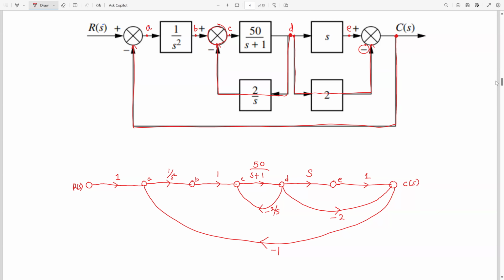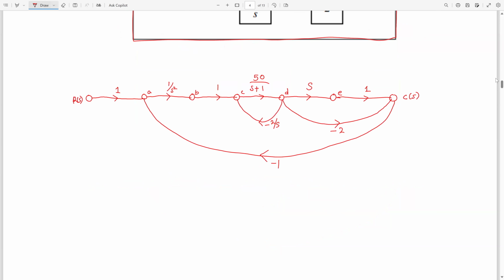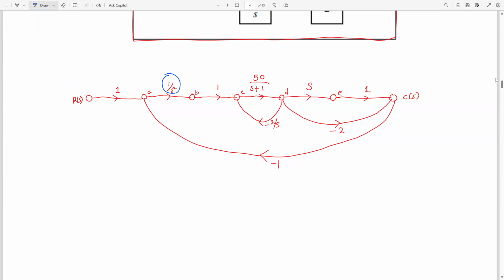So this is it. Now I can clean my signal flow graph to make it more presentable. I can multiply 1 over S squared by 1, right? And I can multiply S by 1. Now what you shouldn't do is multiply this by this. Your conscience won't sit right with you if you try that. The rule of multiplying is to make sure that there's nothing